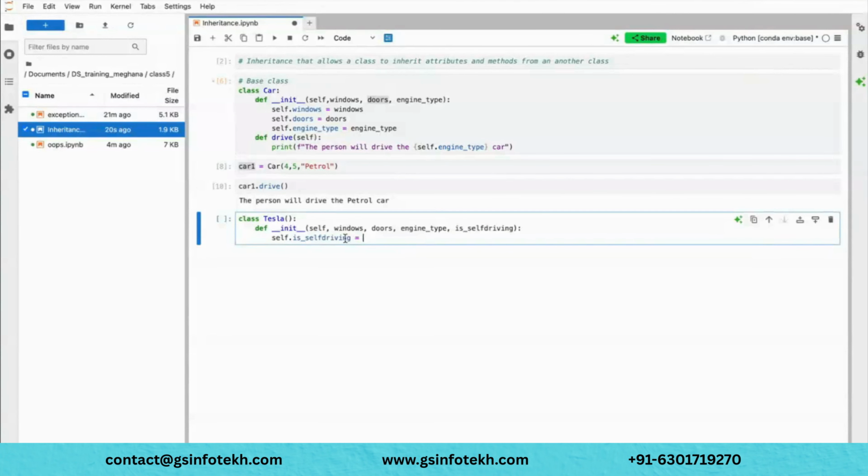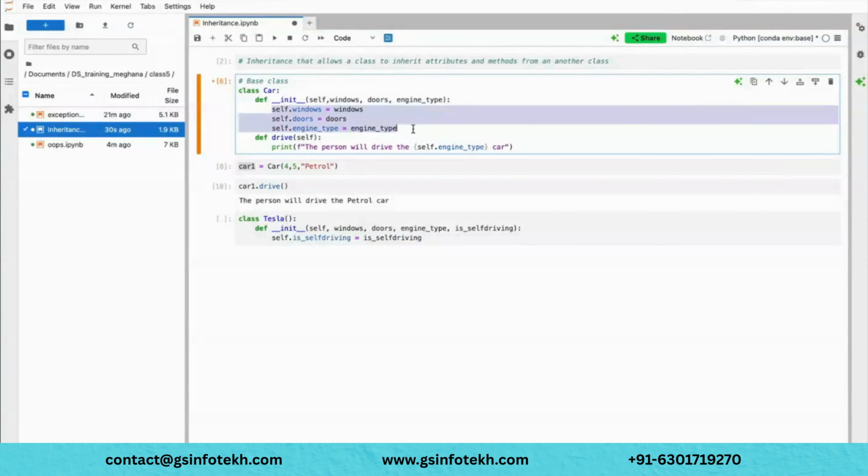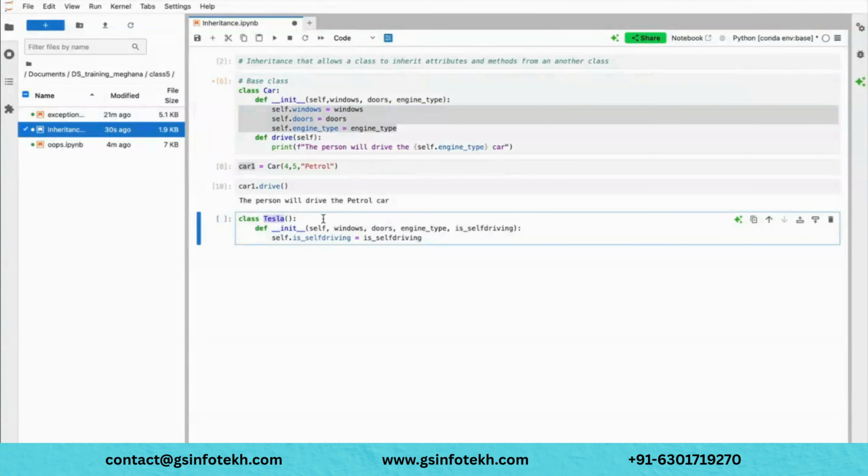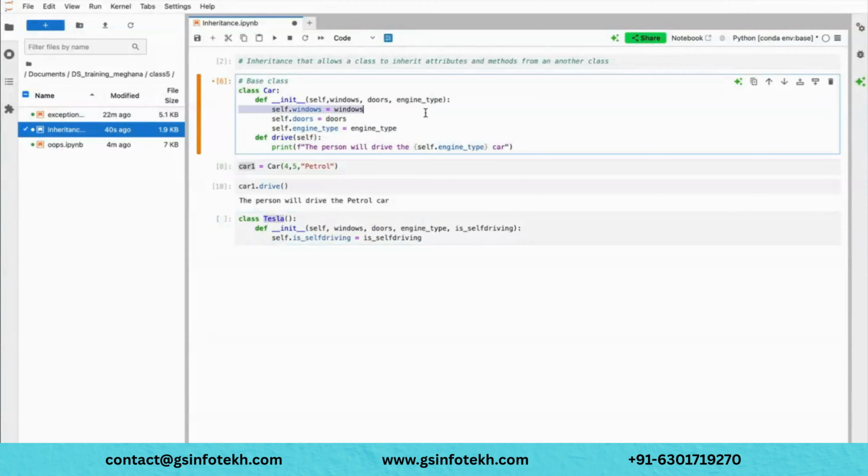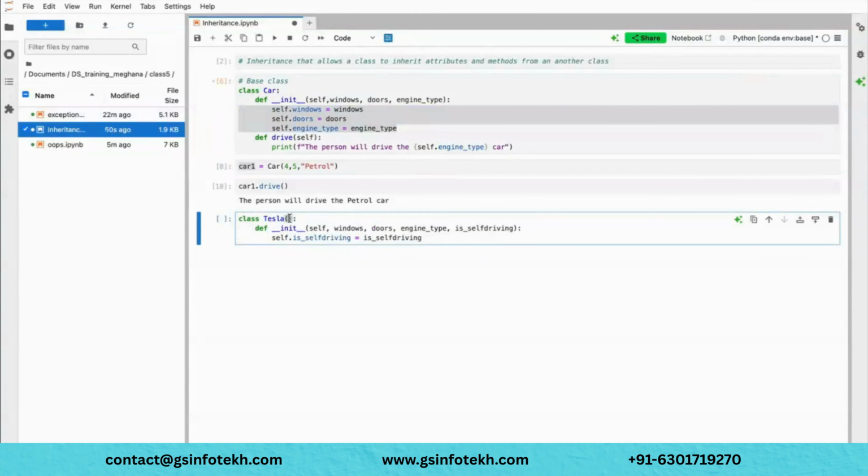I don't need to write extra statements here. Maybe I can leverage this car base class, right? I can directly use these base parameters and utilize them in the Tesla. I don't need to write these 3 lines again. I can just use these attributes from the car class. How do I do that? For that, first you need to do inheritance.